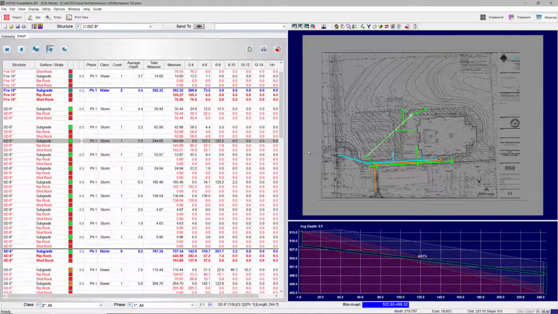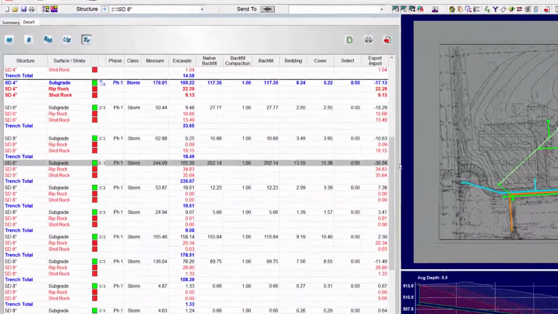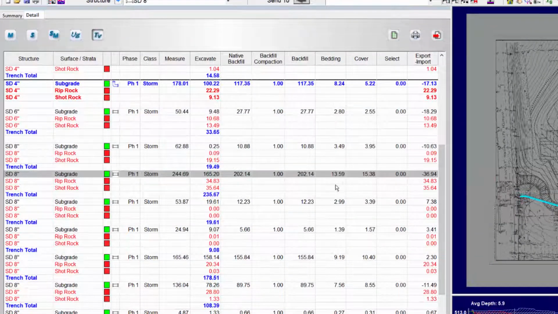The trench volume report will also break out the strata volumes per run of pipe. If we look at the same run of SD 8-inch, there is a total of 165.2 cubic yards of dirt, 34.83 cubic yards of rip rock, and 35.64 cubic yards of shot rock, leaving a backfill of 202.14 cubic yards. If we cannot use any of the rock, we will need to import 36.94 cubic yards of dirt to fill